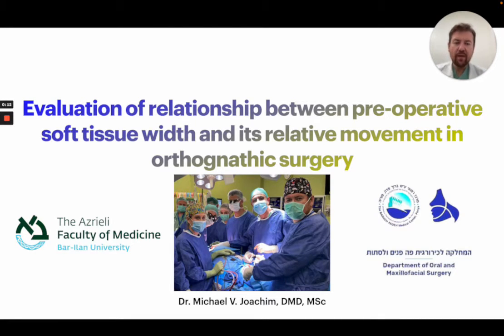I'm from the Oral and Maxillofacial Surgery Department at the Baruch Padeh Medical Center in Poriya, also from the Israeli Faculty of Medicine at Bar-Ilan University in Safed. I want to present to you today our research about the evaluation of the relationship between preoperative soft tissue thickness and its relative